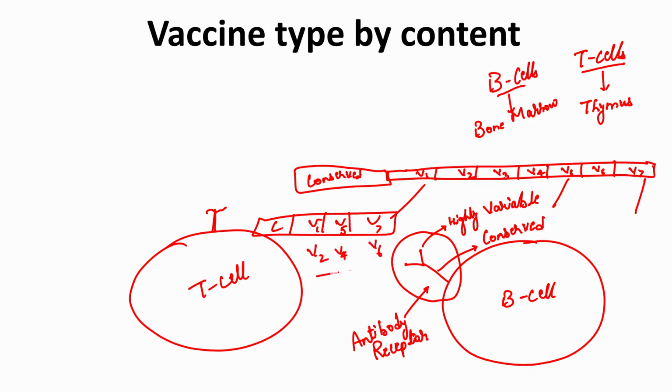Of course, I am simplifying this, and there are actually names to these which is called VDJ region. I am not going to go into a lot more detail, but at the time of the generation of these cells, these things can pick out different segments, and that is how the variability arises. So that is why we have millions and trillions of these T cells and B cells floating in our body,